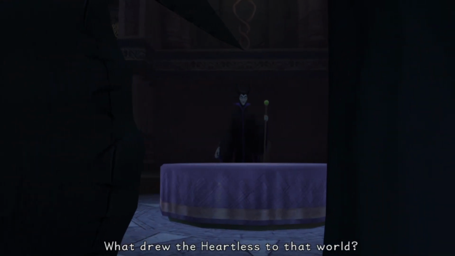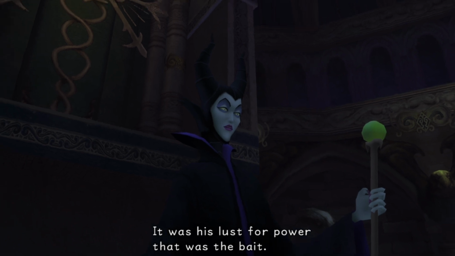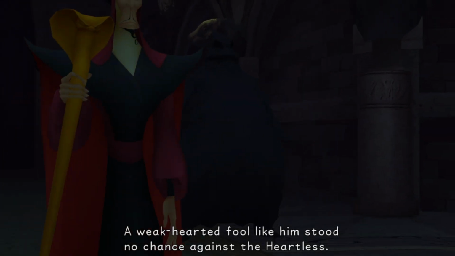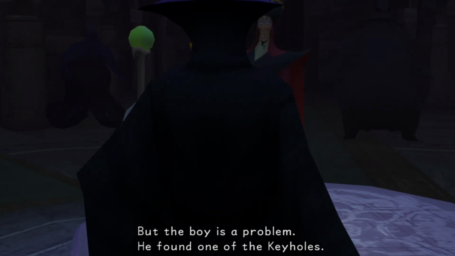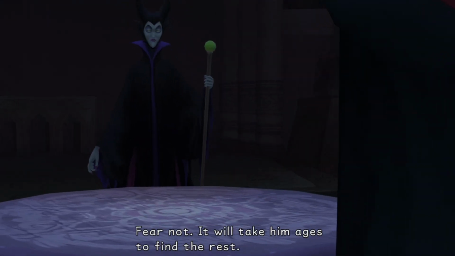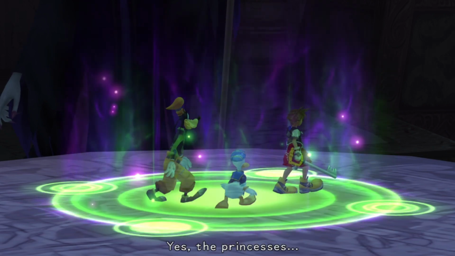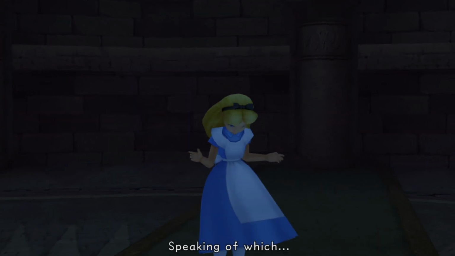What drew the Heartless to that world? The hunter lured them there. It was his lust for power that was the bait. But it seems the bait was too tasty for his own good. Yeah, he got chopped instead. A weak-hearted fool like him stood no chance against the Heartless. But the boy is a problem. He found one of the keyholes. Fear not, it will take him ages to find the ring. Besides, he remains blissfully unaware of our other plan. Yes, the princesses. They are falling into our hands one by one. Speaking of which,